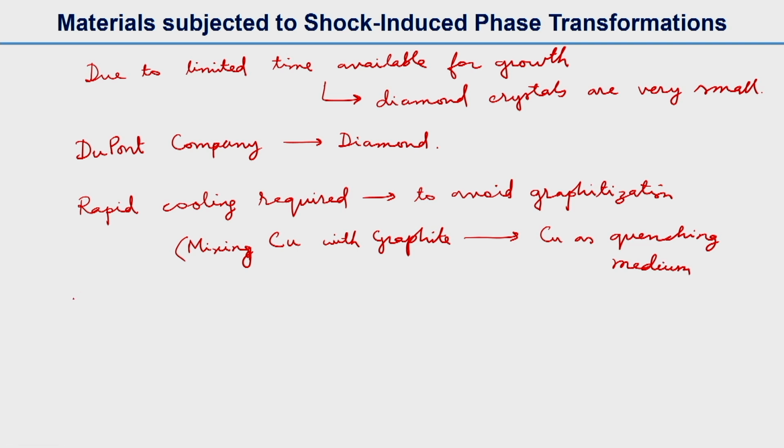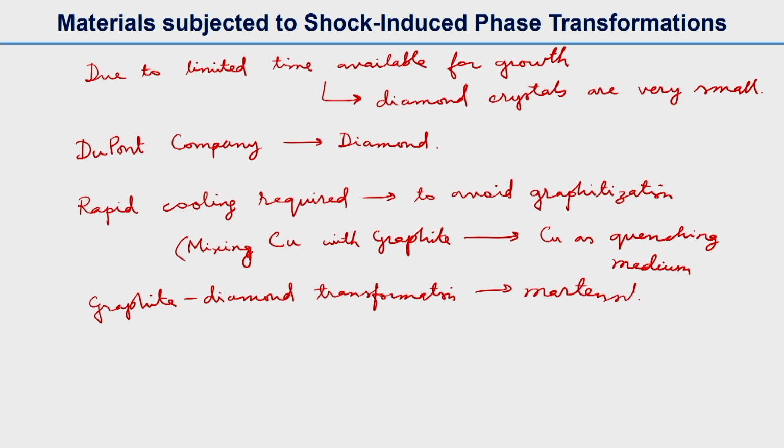And this graphite to diamond transformation is a martensitic transformation. Martensitic means it is a diffusionless transformation, and the diamond produces